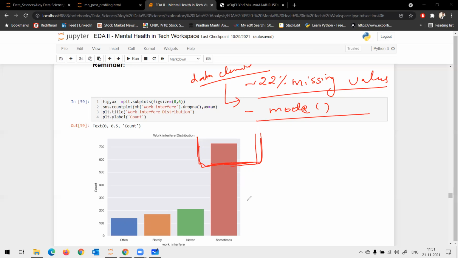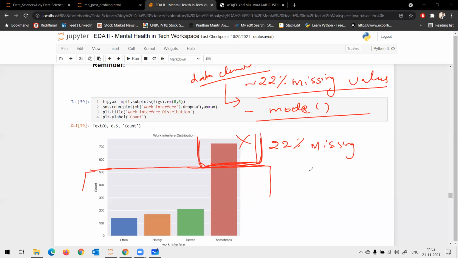At times you might want to find your best variable to replace your missing values, and this is one such case where you are more confident to replace your missing values with mode, because even with this 22% missing data, you can still have clarity on the overall behavior of your data. Are you with me?